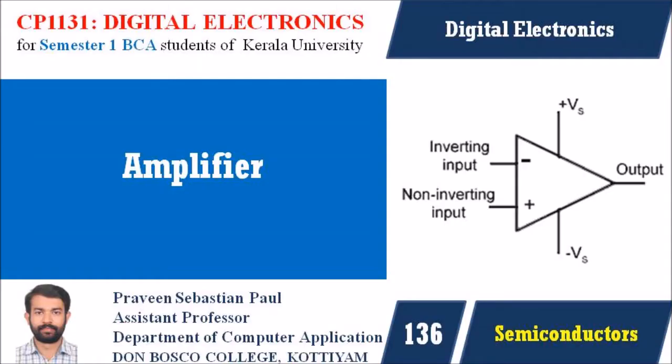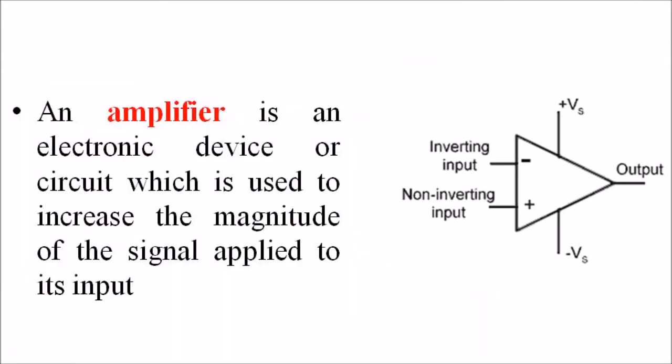Discussing the topic called amplifiers. An amplifier is an electronic device or a circuit which is used to increase the magnitude of a signal applied to its input. An amplifier is the generic term used to describe a circuit which produces an increased version of its input signal. However, not all amplifier circuits are the same, as they are classified according to their circuit configuration